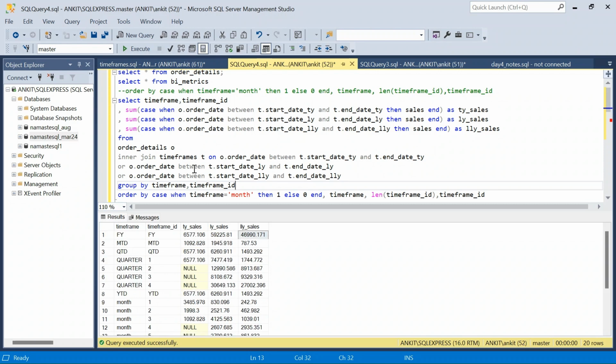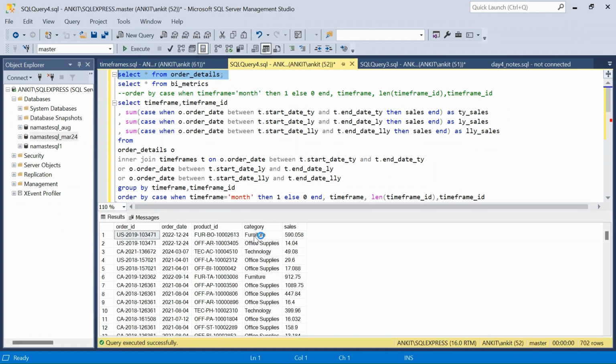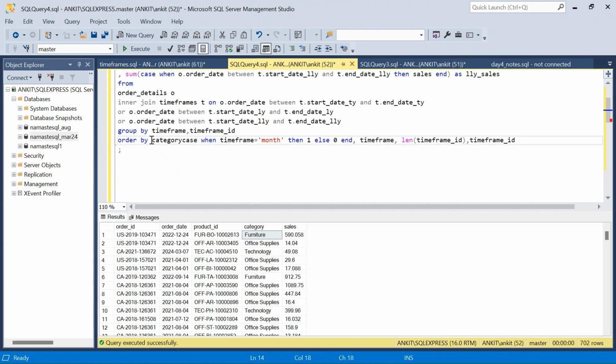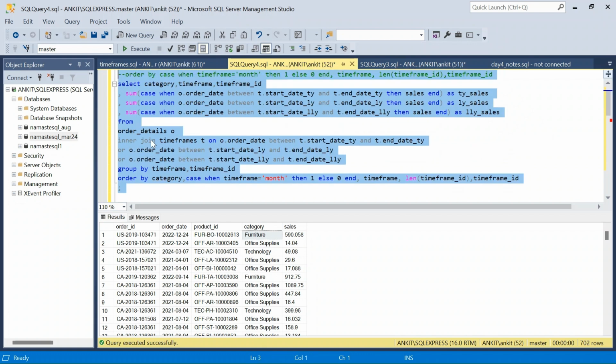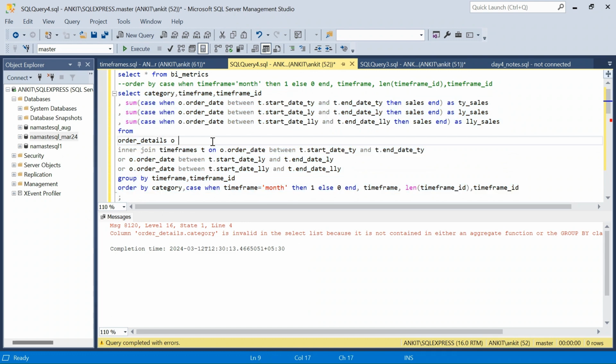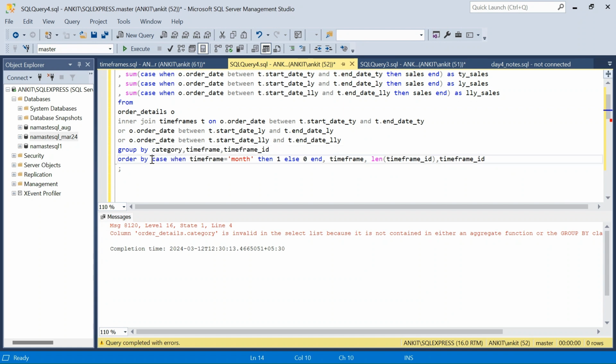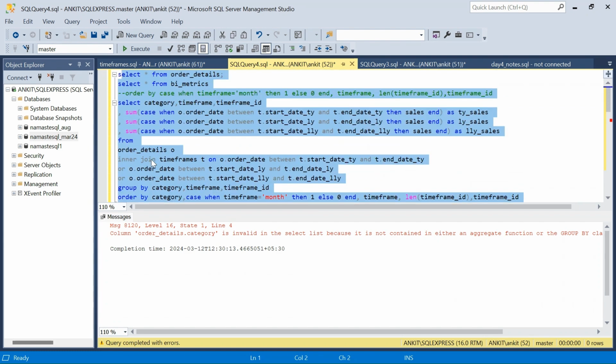And the best part is, let's say you want category wise. We have a category in this table as well. If I want just category wise, I will add category here, at the start, with a comma, and let's do order by category. And if I run this, I think group by is missing. Sorry, I put in the order by, I have to put in the group by. Okay, let me put this in as well. So if I run this now,